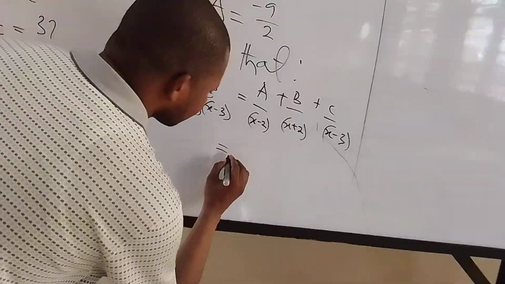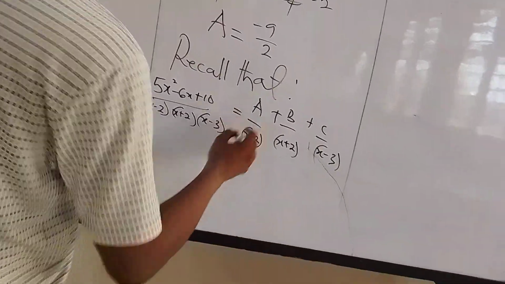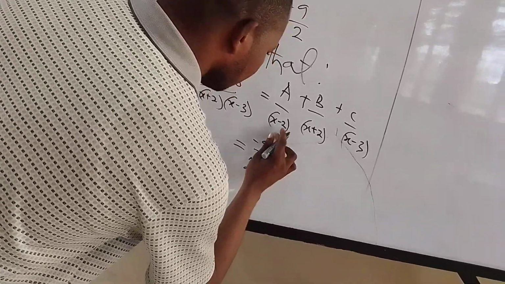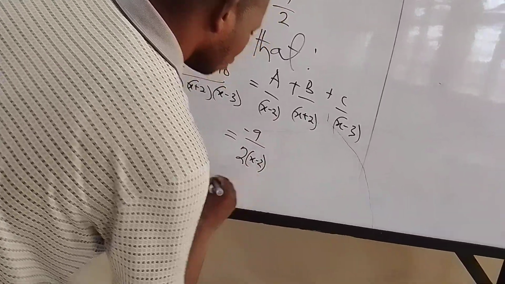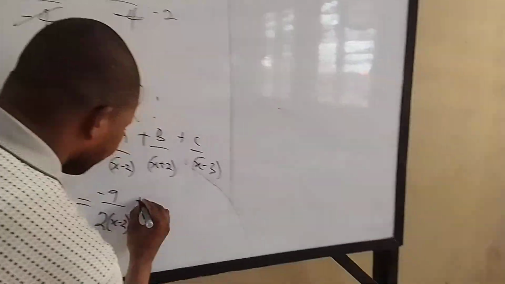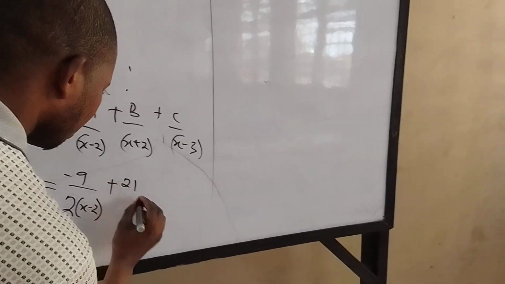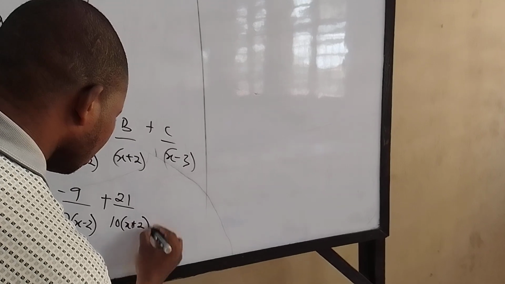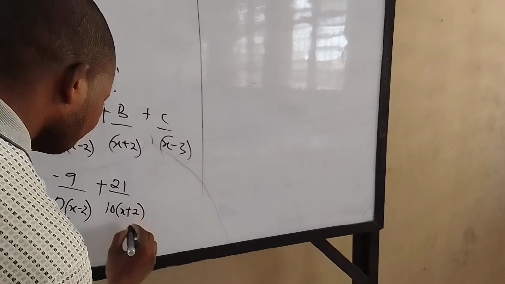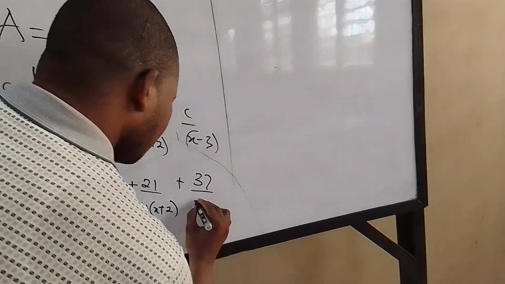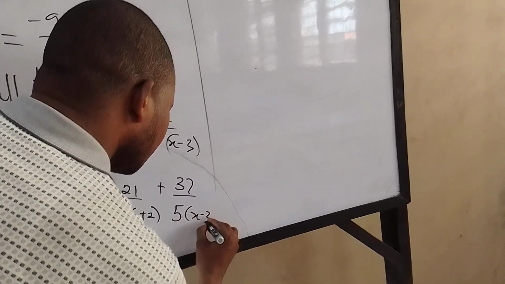So we now have that is equal to a. What is our a? Our a is minus 9 over 2, into x minus 2, then plus b. What is our b? 21 over 10, into x plus 2, and then plus c. What is our c? 37